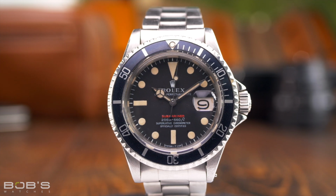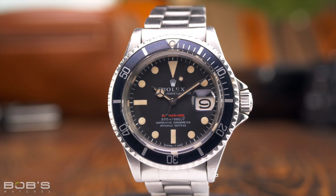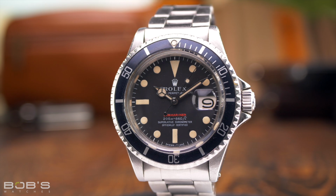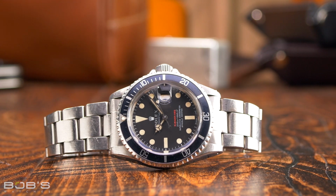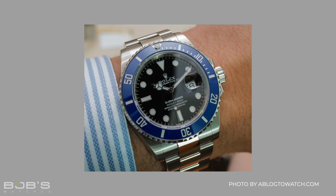Without a doubt, the Rolex Submariner is one of the most famous dive watches in the world. First introduced in 1953 and remaining a constant presence in Rolex's catalog ever since, the Submariner was one of the very first dive watches ever created, and its core design has served as the blueprint for an entire genre of underwater timepieces. Rolex even released an all-new generation of the Submariner for 2020, offering a larger 41mm case and accompanied by retail prices that range from $8,100 all the way up to